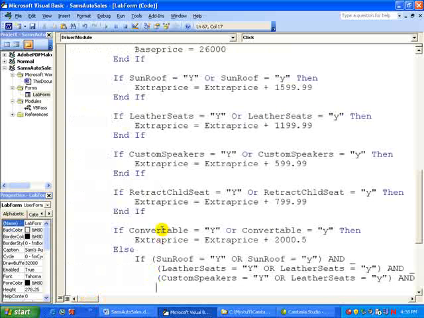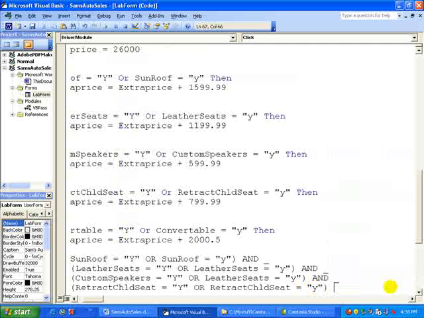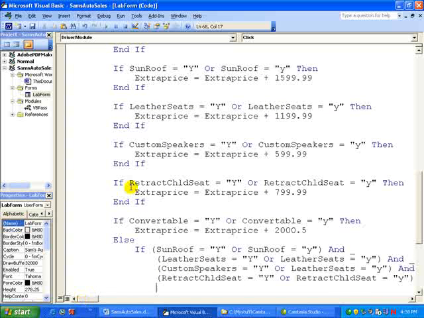Okay, we've got one more to do, retract. Then, and so we've got our 4 tests in there. This will be where we have, sorry, it should go right there. It's only one indent. I was about to indent again because I thought I was out here, but I'm really already indented. So that's all you have to do for whatever you're going to execute based on this compound conditional